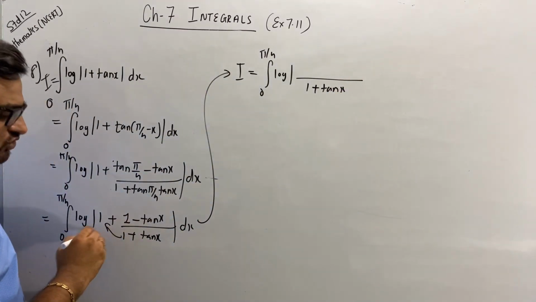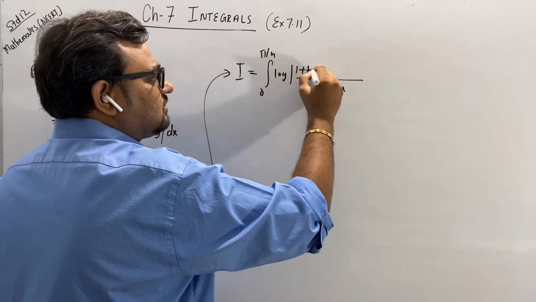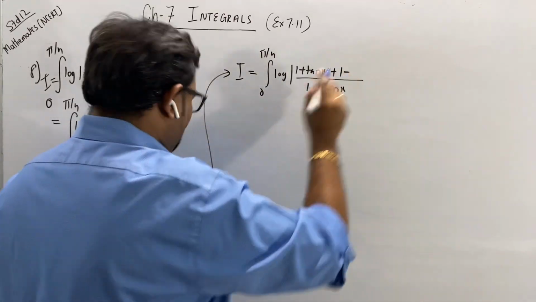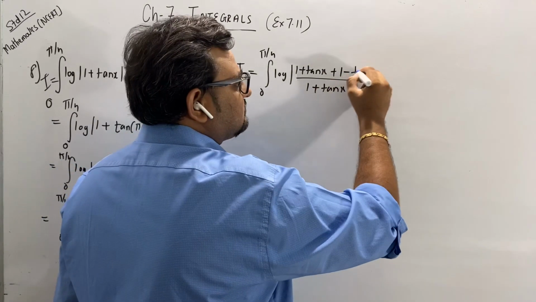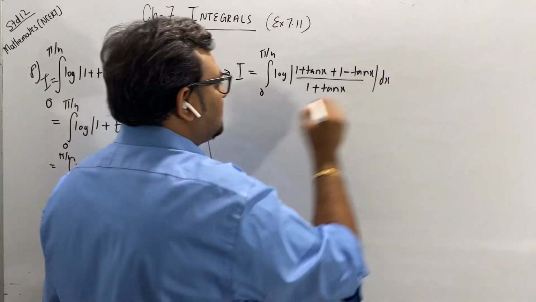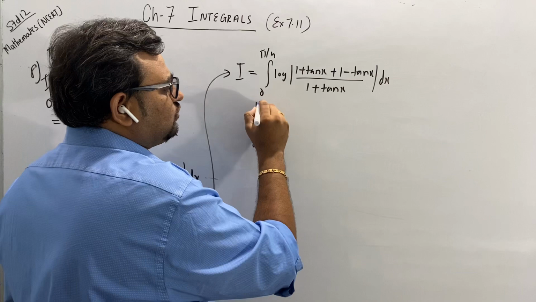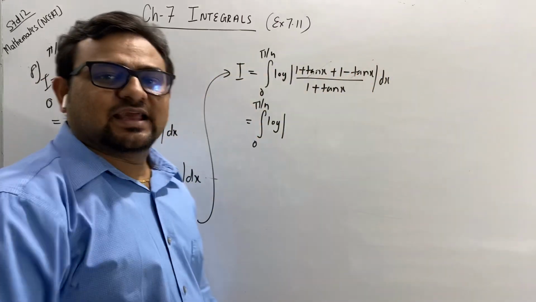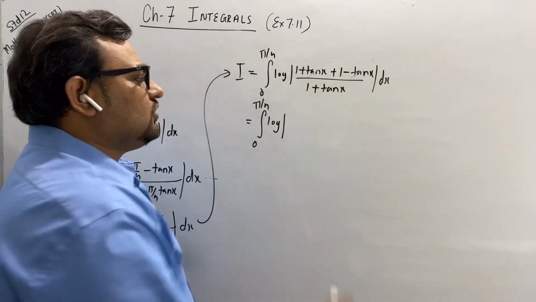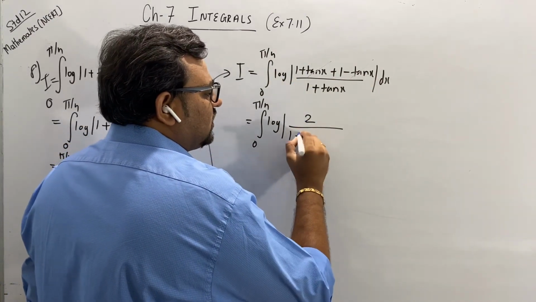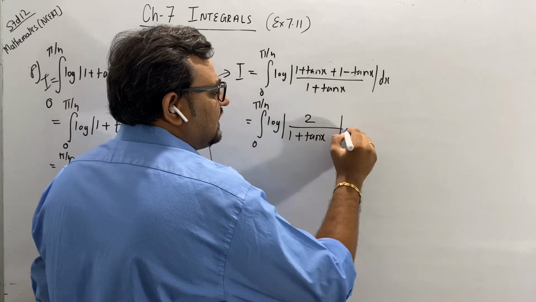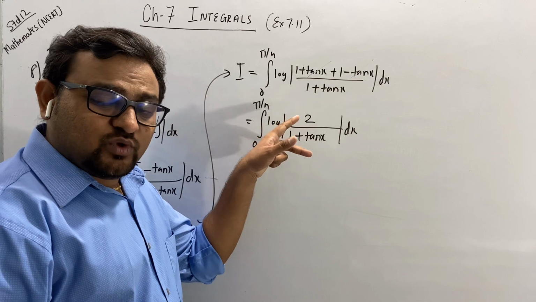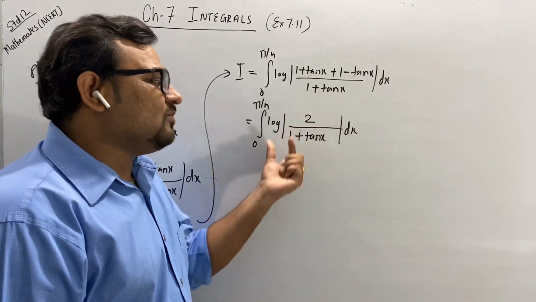Okay, multiply by 1, so 1 plus 10x plus 1 minus 10x. So this will be equal to the integral from 0 to pi by 4 of log, and 10x gets cancelled. So 1 plus 1, 2, over 1 plus 10x dx. Okay, now if it is division, we can convert it into subtraction, like log 2 minus